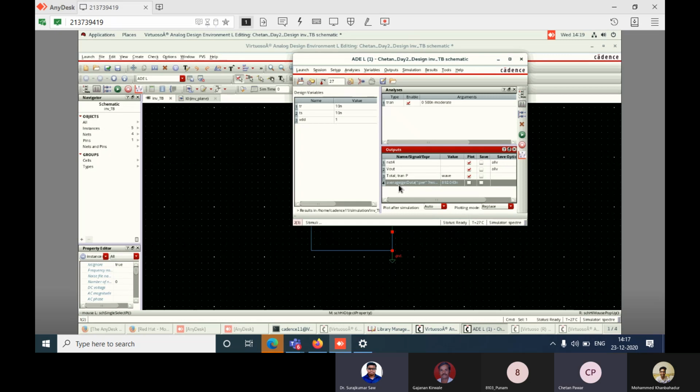Here is also a shortcut, so no need to go again and again there. Here also you can click, and here you can click from design. Okay, and see, connect the nets. In the outputs window it will show you which output nodes, nets, you have selected.